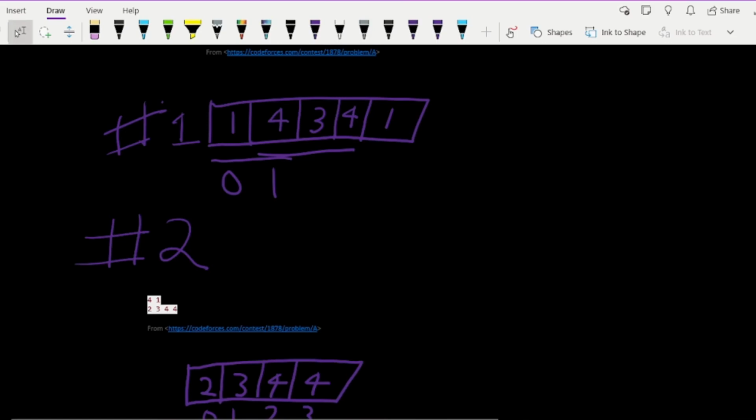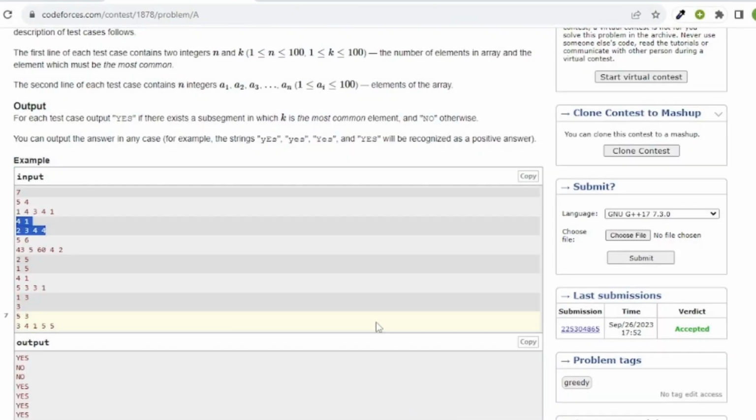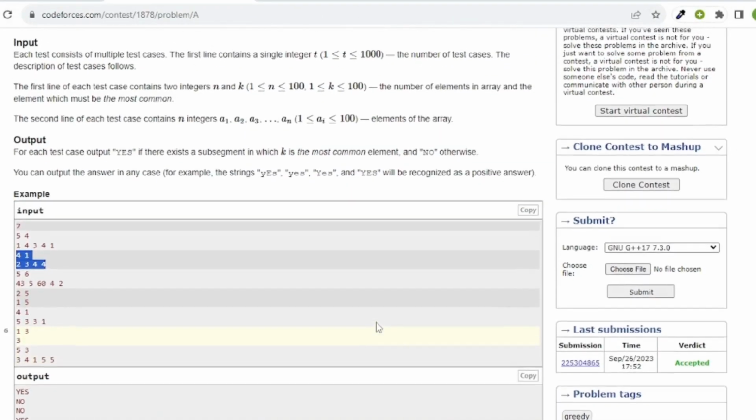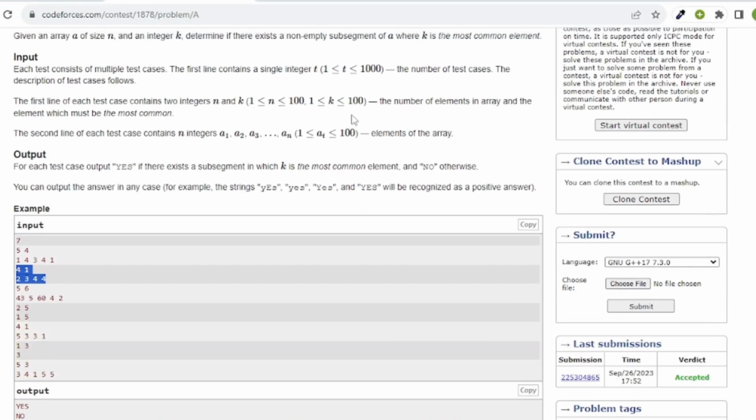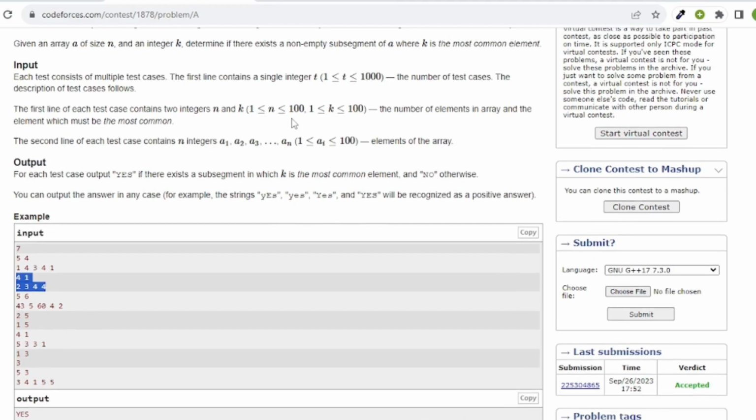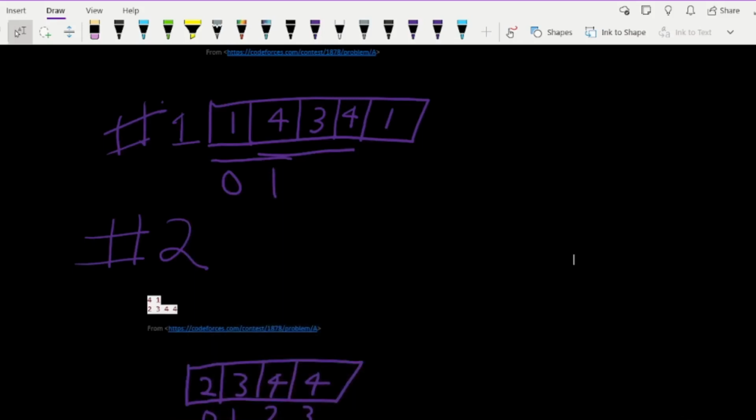But here, as we can see in the constraints, for supposing one test case, n is at most 100, so n cube will be like 10 to the power 6. But if the test cases are, for example, 1000, then it will be 1000 times 10 to the power 6, in the worst case,